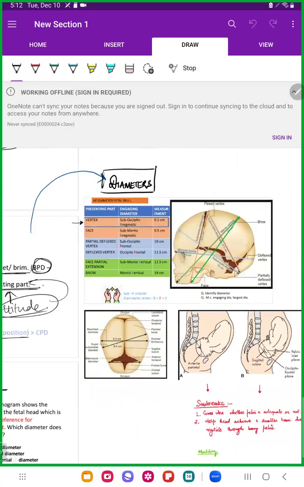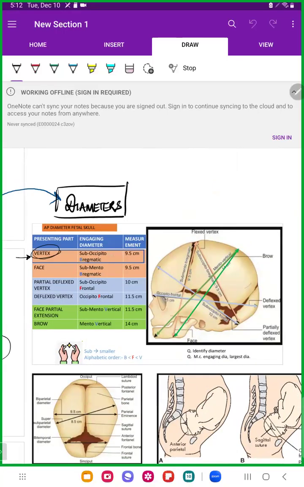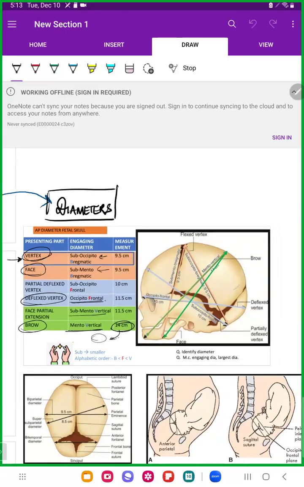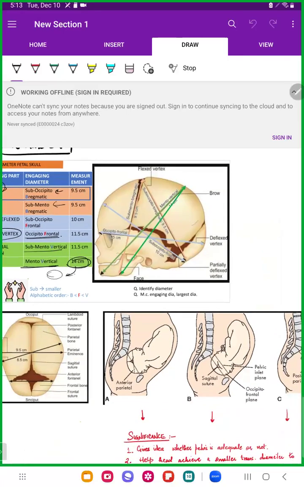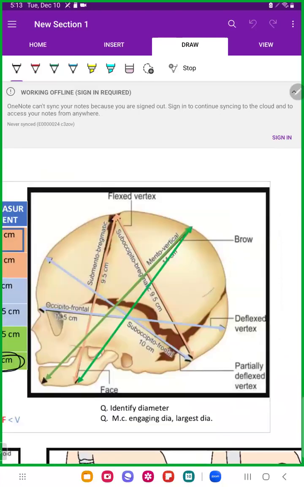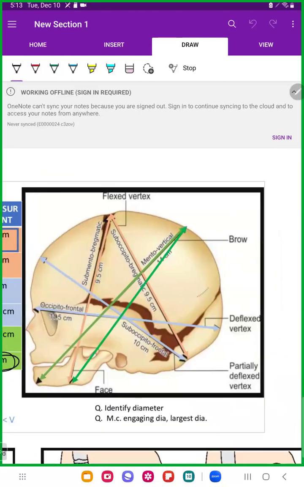Now, if the presenting part is vertex, the engaging diameter is suboccipitobregmatic. If it is face presentation, the engaging diameter is submentobregmatic. For deflexed head, the engaging diameter is occipitofrontal. For face, partial extension it is submentovertical, and for brow presentation, it is mentovertical. And we see this is the largest diameter, which is even larger than the pelvic diameters that we just right now saw. Okay. So here is the image which is showing the diameters which we already know about. So the most common engaging diameter is suboccipitobregmatic, and the most common engaging